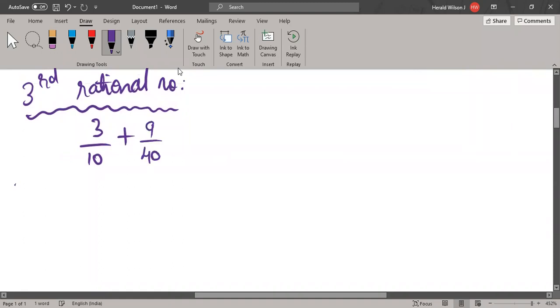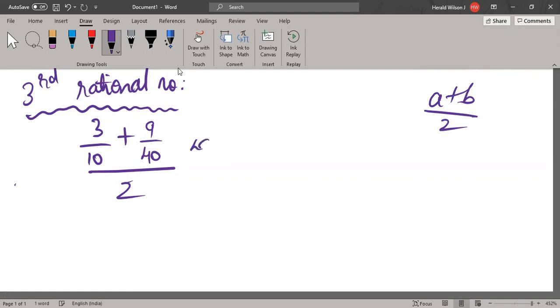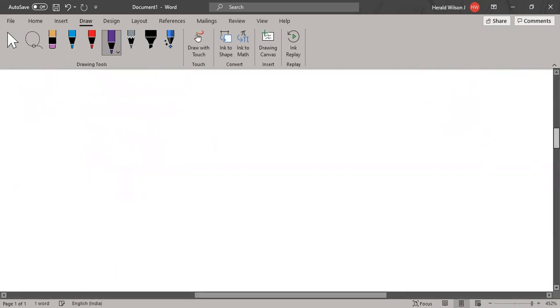9 by 40 you took, the whole by 2, again by your (A plus B) by 2 formula. So now what will the LCM be? Let's find out the LCM of 10 and 40, and then